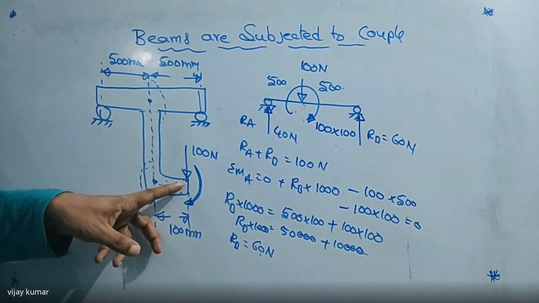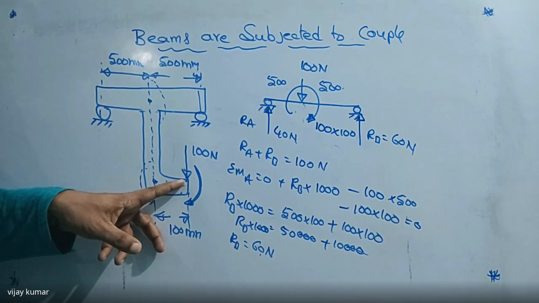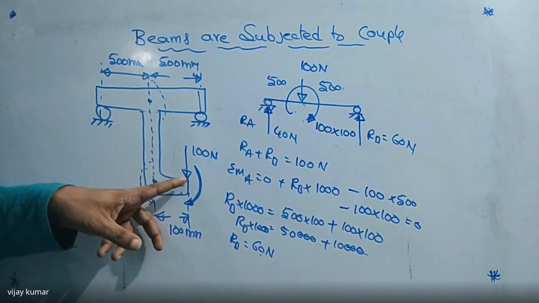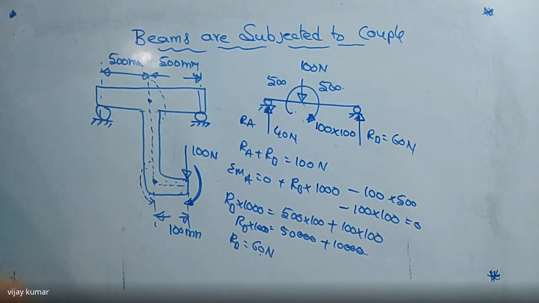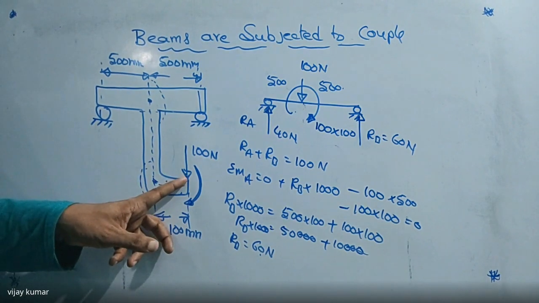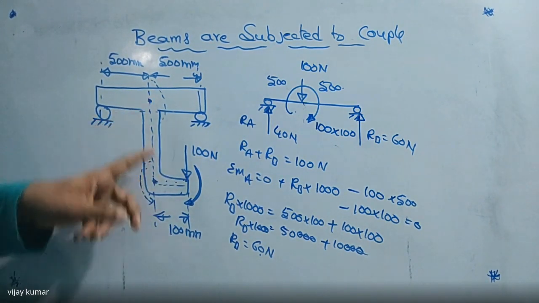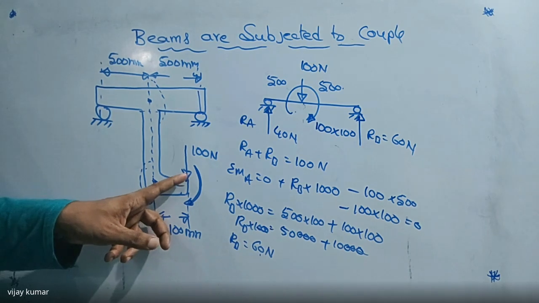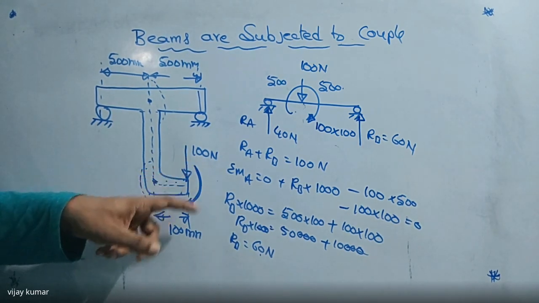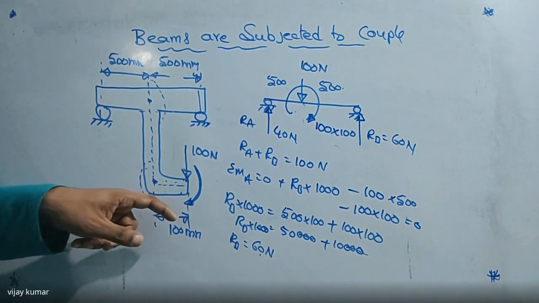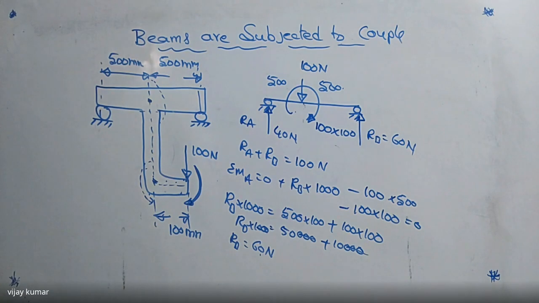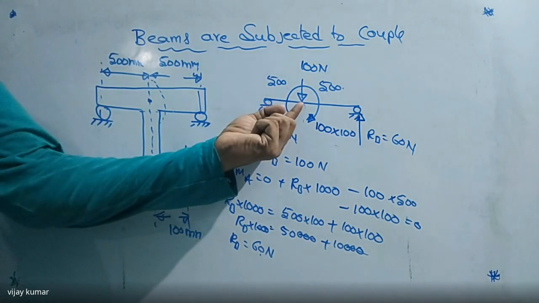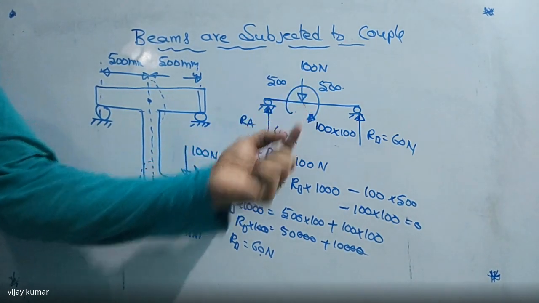This is not a center load. It is named an eccentric load. When the eccentric load is acting on the beam, which is simply placed on the supports like this, this force must be transferred to the center of the beam. Also, due to this eccentric load, a moment will develop. That is nothing but a bending moment, also named a couple. A couple is nothing but the bending moment of individual forces. So here I want to convert this force into a concentrated load and also transfer it into a couple.